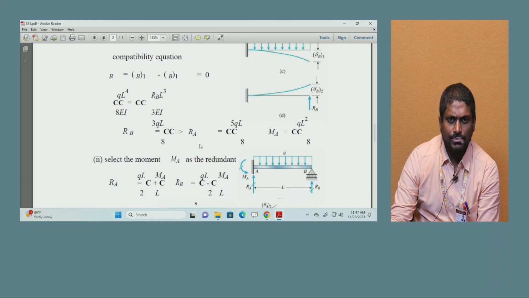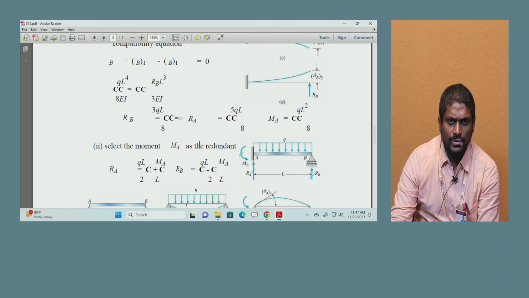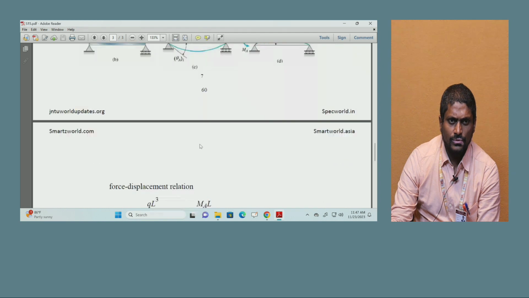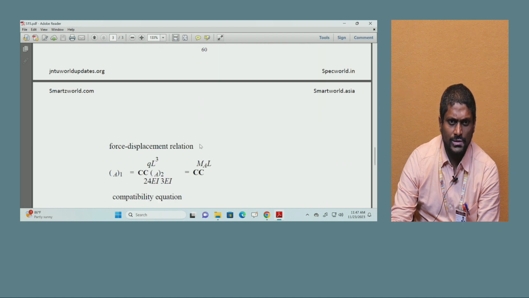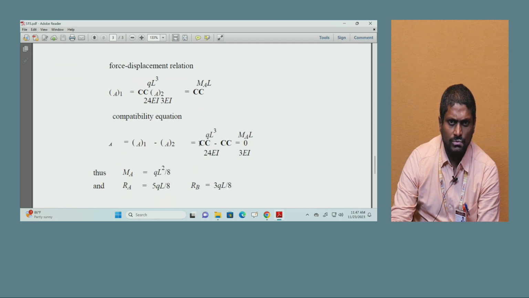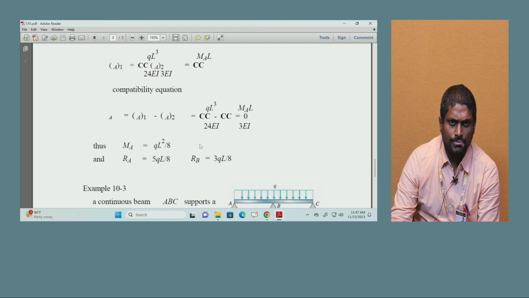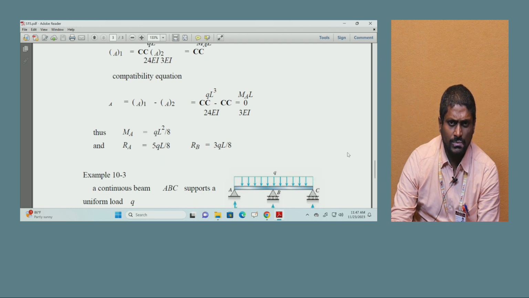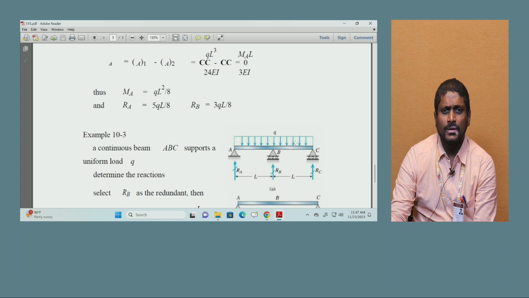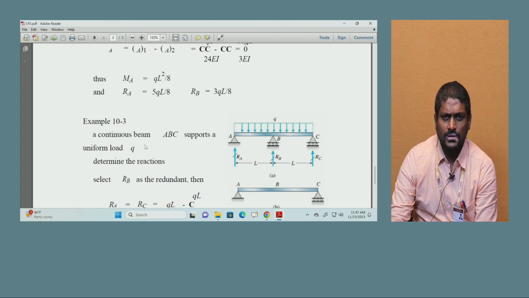Then select the moment MA as the redundant, RA equals qL by 2 plus MA by L, and RB equals qL by 2 minus MA by L. Therefore, the force displacement relation is qL cube by 24EI equals MA into L by 3EI, the compatibility equation. So qL cube by 24EI equals MAL by 3EI, MA equals qL square by 8, RA equals 5qL by 8, whereas RB equals 3qL by 8. There is one more numerical,